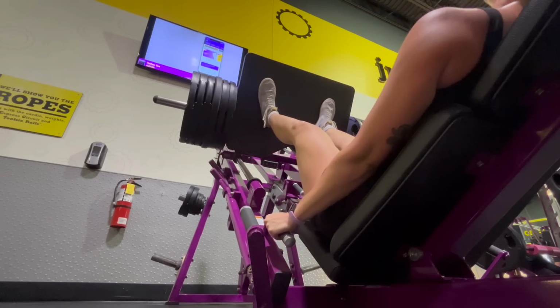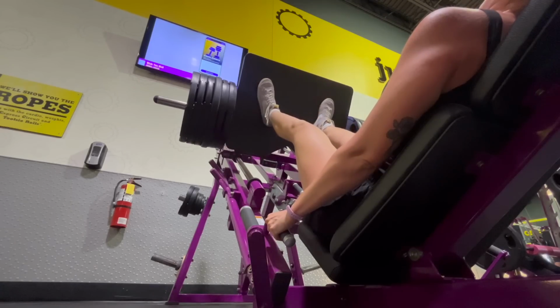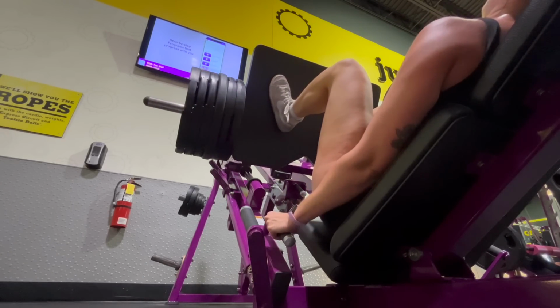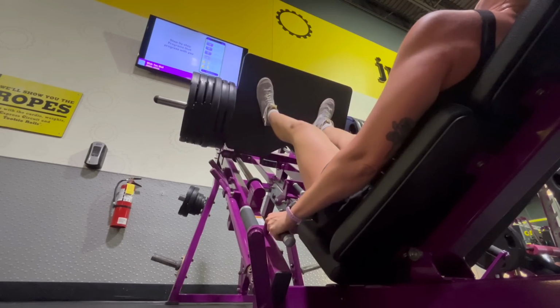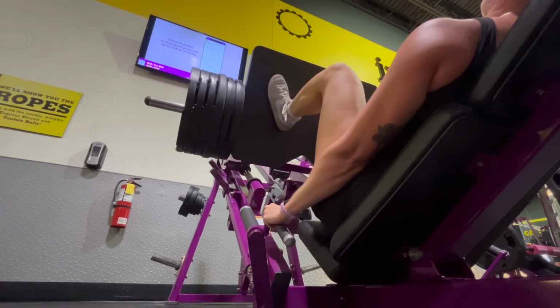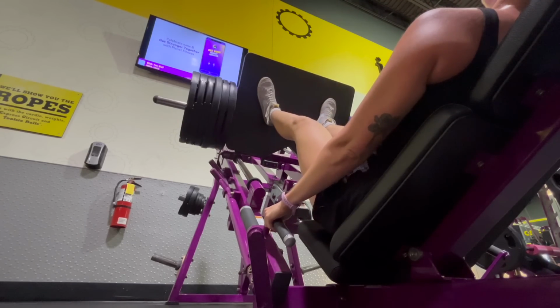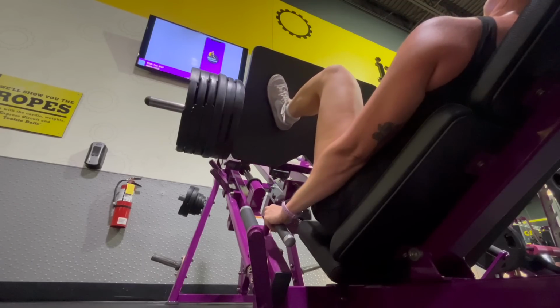been getting a lot busier now that it's summer, so I wasn't really able to film much. I only got this one clip. I thought I would just quickly walk through what I did today though. I started with a warm-up and some Smith machine squats. Then I did calf raises on the Smith machine and headed over to the leg press, which is what I'm doing here. After the leg press, I went over to the free weights and I did some heel elevated squats